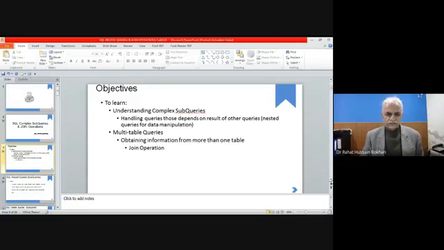Further, we also discuss how we can retrieve data from multiple tables using such queries, and the join operation. Within the join operation, we will study what a Cartesian product means, what natural join, inner join, and outer join are. Those concepts we have studied in relational algebra. Now we want to implement those using SQL statements, so you have to recall what those operations are and how they can be implemented using SQL.